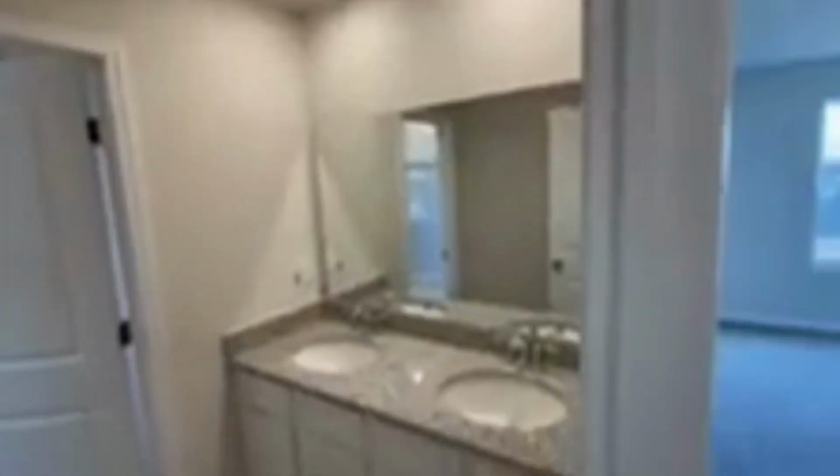Laundry room. Double vanity bath. This is the secondary bathroom. So that's your two bedrooms, and then we'll go into the